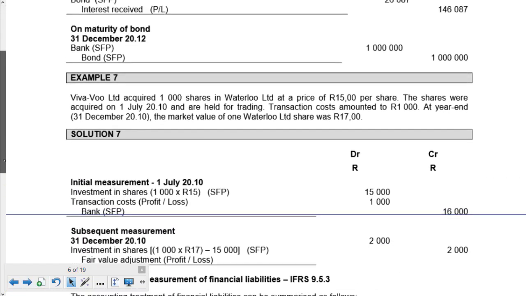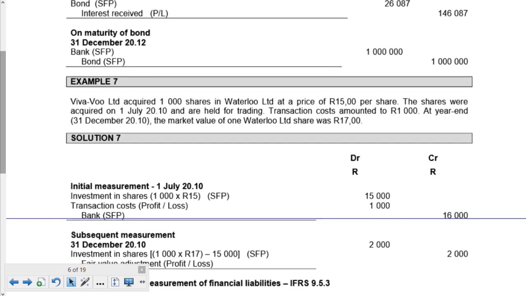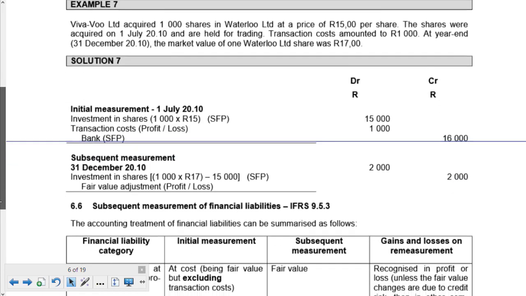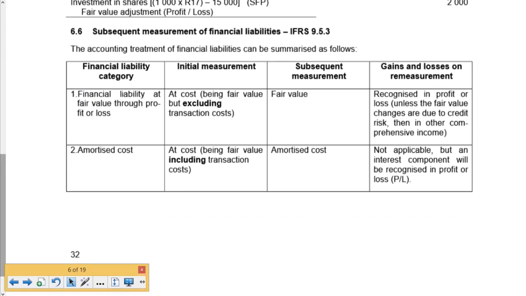Example 7, I just wanted to touch on quickly. It's shares. They should have been a bit clearer on the shares. They say that it's the same thing. I'm not even going to look at it. They're held for trading. Look, they go to P&L. Okay, so that one is not one that I want to look at. I want to talk about